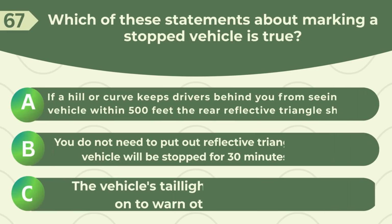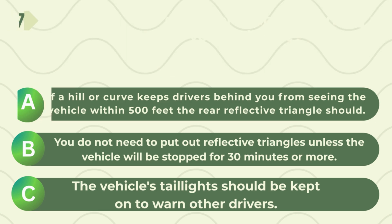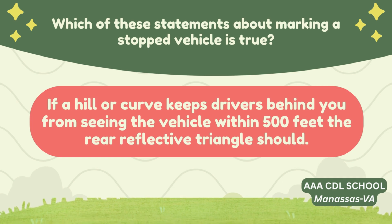Which of these statements about marking a stopped vehicle is true? A. If a hill or curve keeps drivers behind you from seeing the vehicle within 500 feet, the rear reflective triangle should. B. You do not need to put out reflective triangles unless the vehicle will be stopped for 30 minutes or more. C. The vehicle's taillights should be kept on to warn other drivers. Correct answer: if a hill or curve keeps drivers behind you from seeing the vehicle within 500 feet, the rear